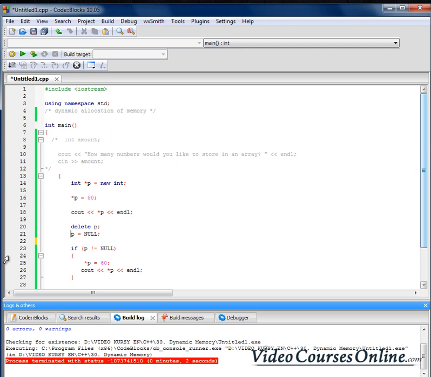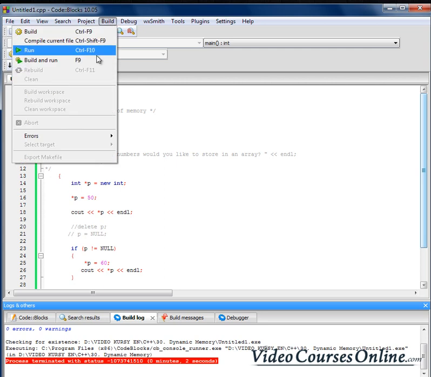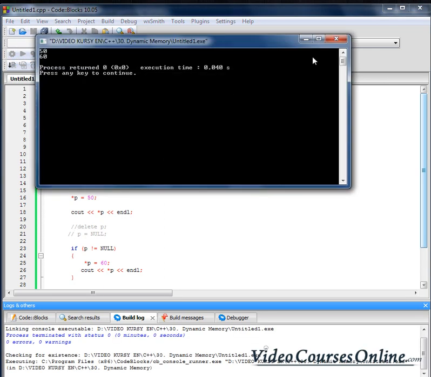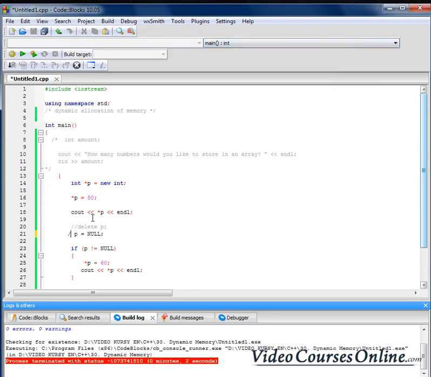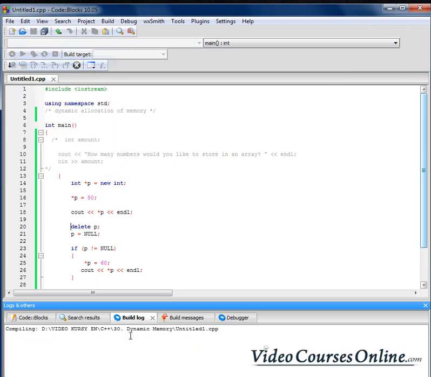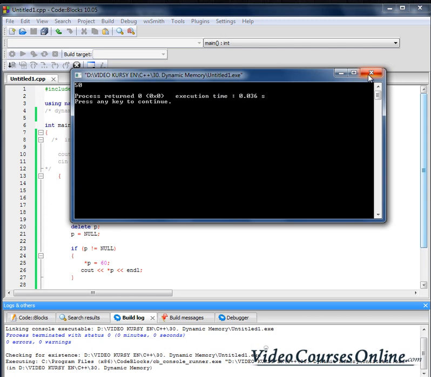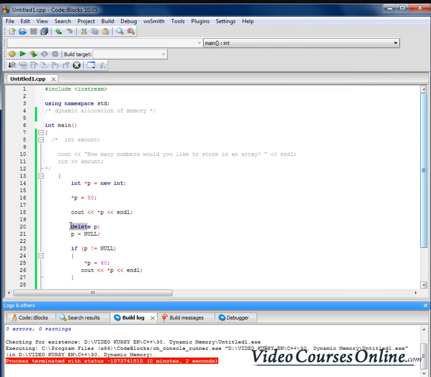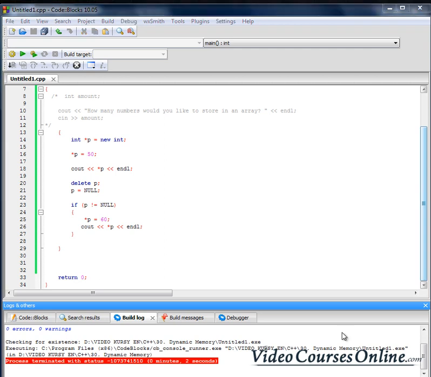So, if I do it that way, everything will work fine. And it's okay. But I should do it that way when I delete the pointer. Okay? We should also know that after deleting, that pointer here can